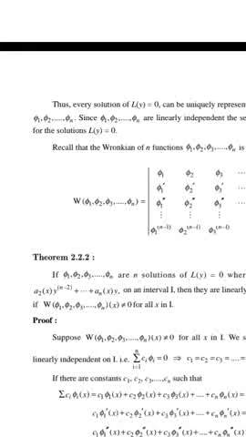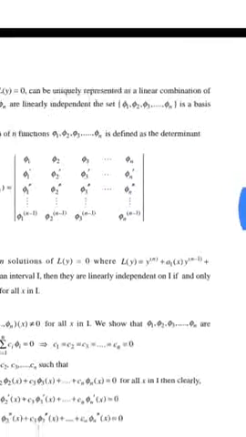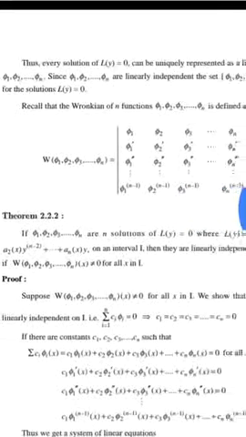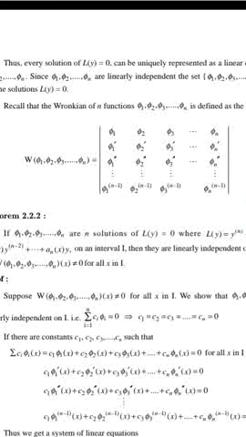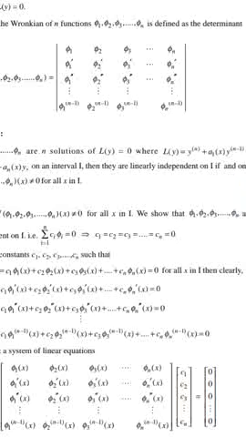Recall the Wronskian of the functions pi 1, pi 2, dot dot pi n is defined as the determinant W of pi 1, pi 2, dot dot pi n, whose rows are pi 1, pi 2, dot dot pi n; pi 1 dash, pi 2 dash, dot dot pi n dash; pi 1 double dash, pi 2 double dash, dot dot pi n double dash; and so on up to pi 1 raised to n minus 1, pi 2 raised to n minus 1, dot dot pi n raised to n minus 1, is